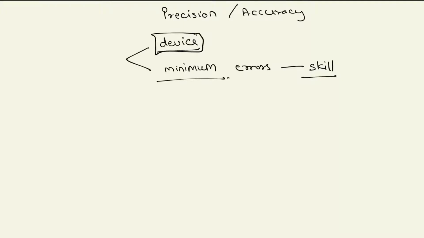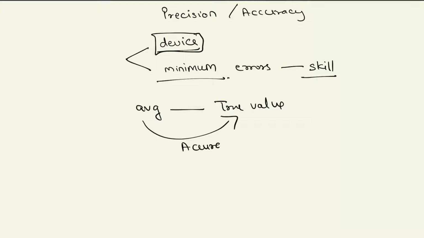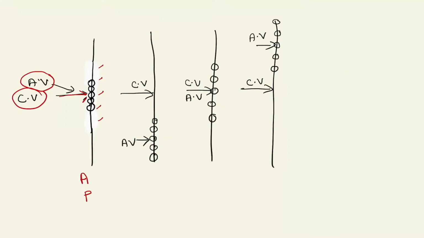So what we do to find out the accuracy, we go for multiple measurements. We take many measurements to measure any particular physical quantity, and we find out the average of those multiple measurements, and then we compare that average value with the true value. If this average value is lying very close to the true value, then we say that our reading is that much accurate. And so finally, two terms are there whenever we talk of any measuring device. First is accuracy, second is precision. Here we will talk about the precision as well as accuracy.